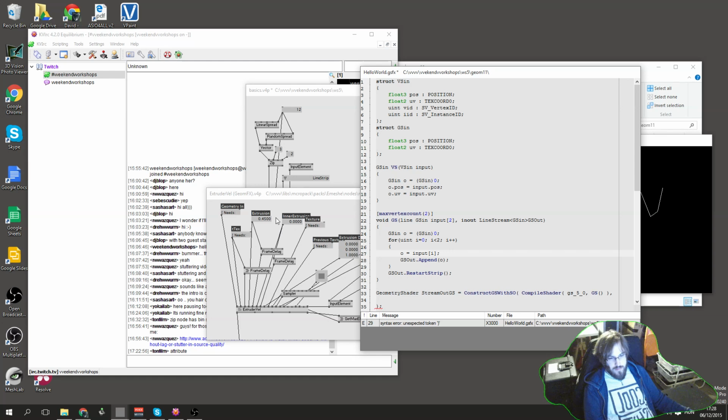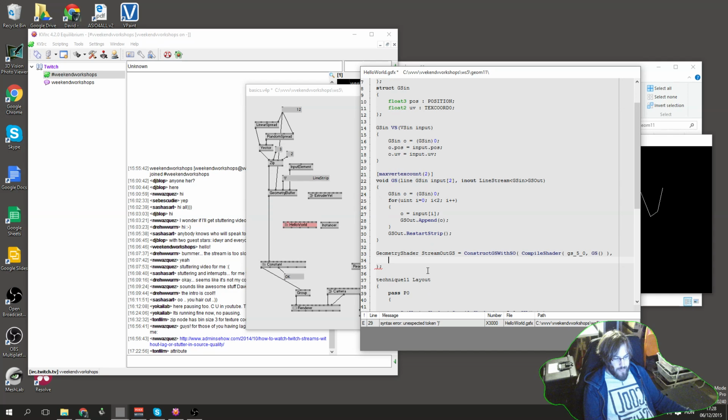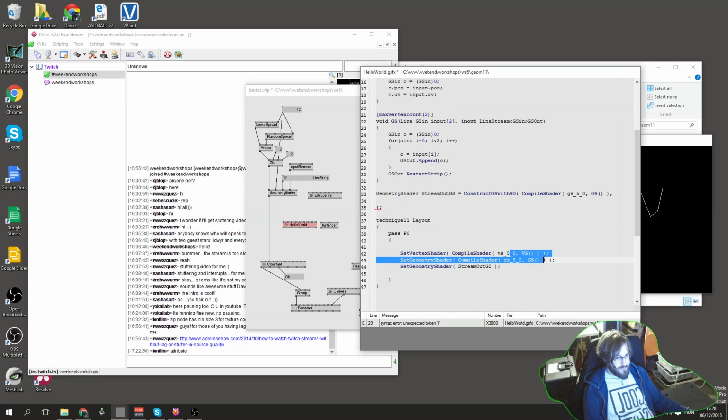There. And last stage, so we have these two, and then we will have a stream out. Actually, for this case, we can just leave the geometry shader out and that will be cool. However, we won't want that because we will do bits with this geometry shader. So here on the stream out